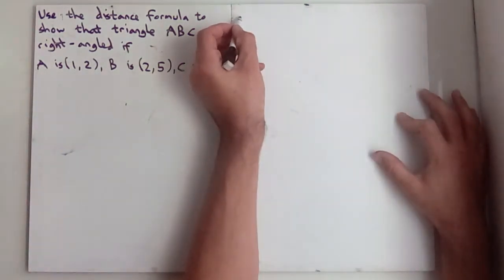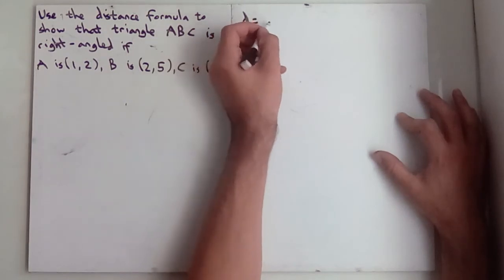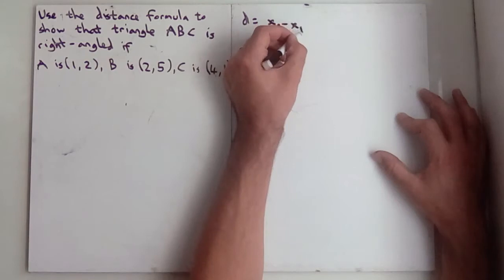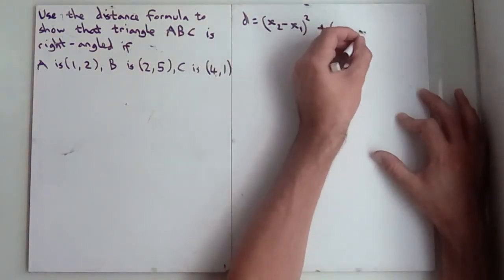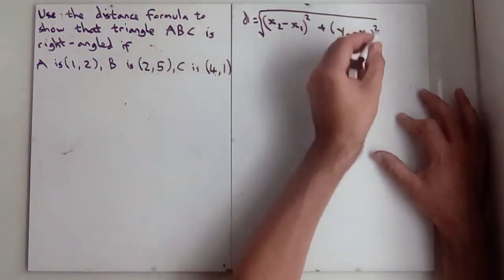So we know that D, as in the distance between 2 points, equals the square root of (x2 minus x1) squared plus (y2 minus y1) squared, and it's the square root of all of that. This is a Pythagoras thing. So